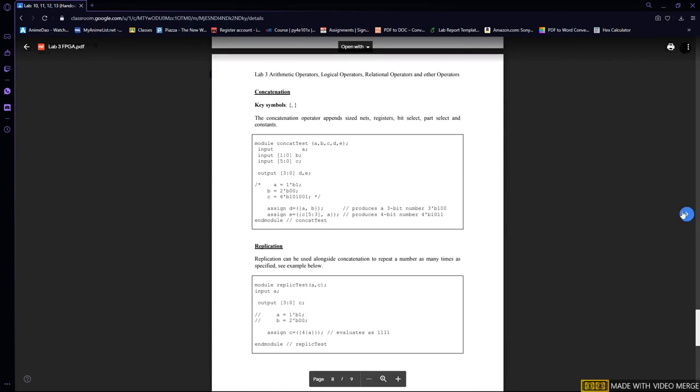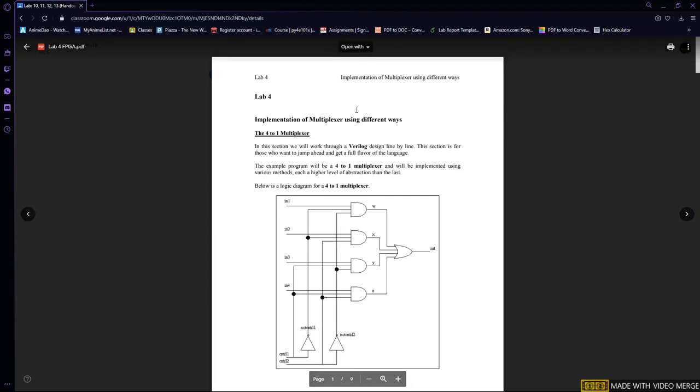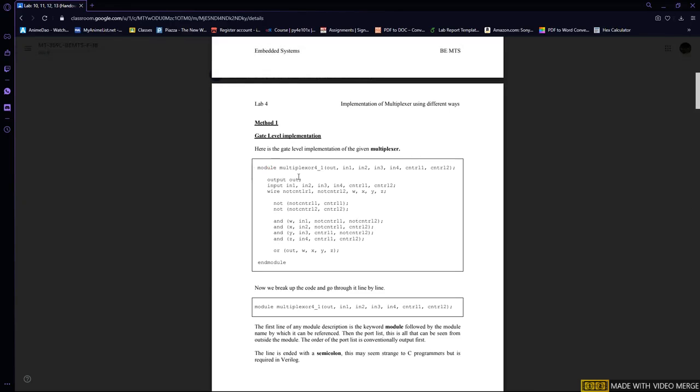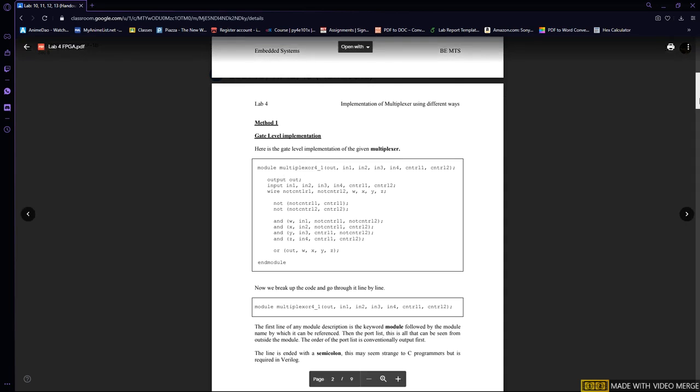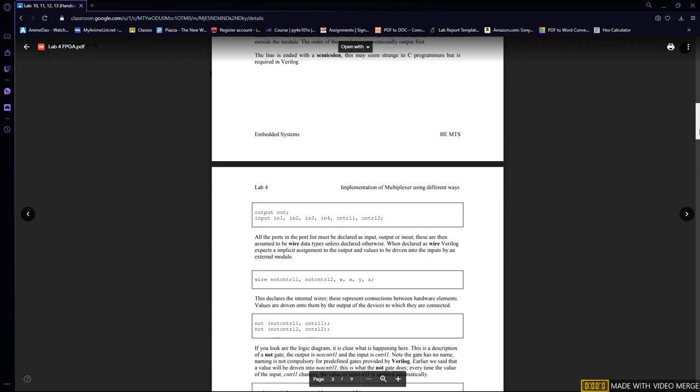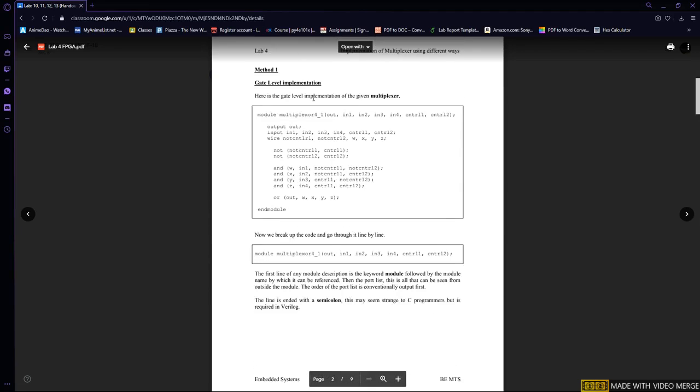Now I will just move to the next one, which was about the multiplexer and implementation of the multiplexer using different methods. Actually there are three different methods through which we can implement a multiplexer. As we all know what a multiplexer is, we will just move towards the course of method one, which is gate level implementation, which means that we can implement a multiplexer using logical gates. Which is quite interesting because the multiplexer is a very useful thing and it helps us a lot. So over here, as you can see, first of all what we have done is